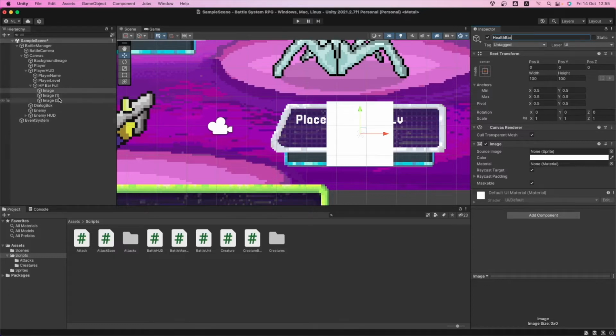The second one is gonna be named health bar BG background, and this one is gonna be named health bar border.